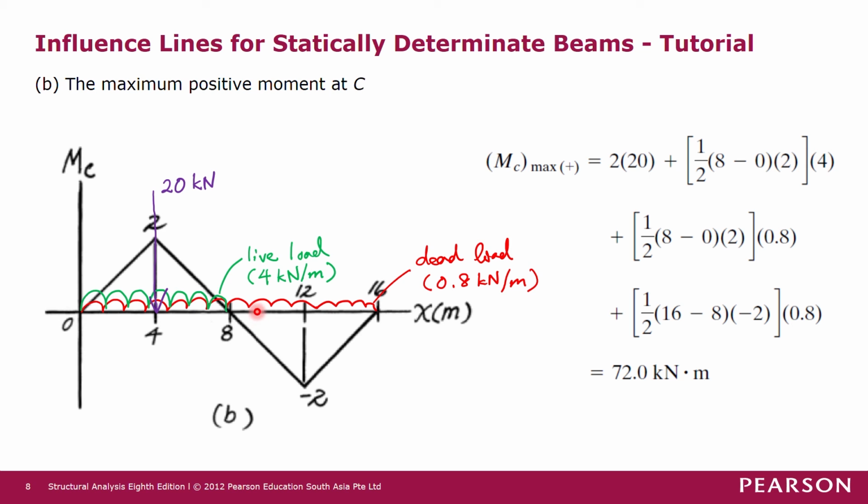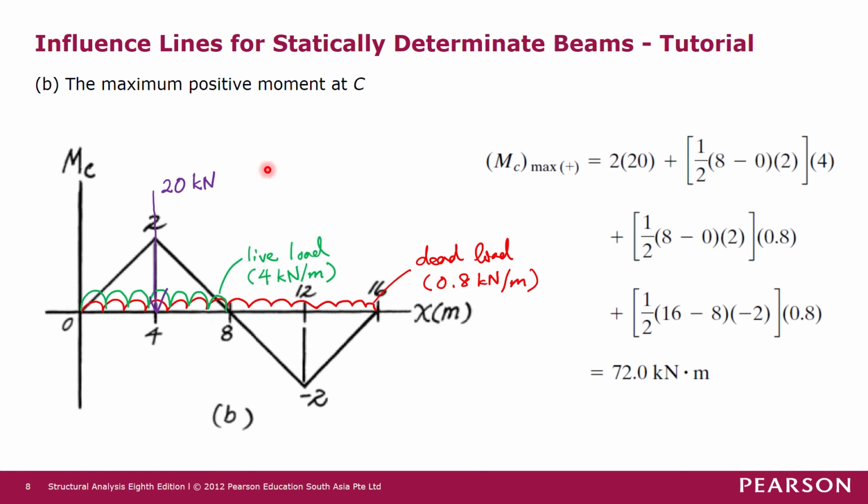And then we have another effect from the dead load. So dead load, as I mentioned, is not a moving load. It is always placed along the whole structure. So the effect of dead load is the intensity multiplied by the positive area plus the effect from the negative area as well. So we have a positive area multiplied by 0.8, and then we have a negative area from the influence line multiplied by the intensity again. So from here the solution is 72 kilonewton meter, which is the maximum positive shear at section C,